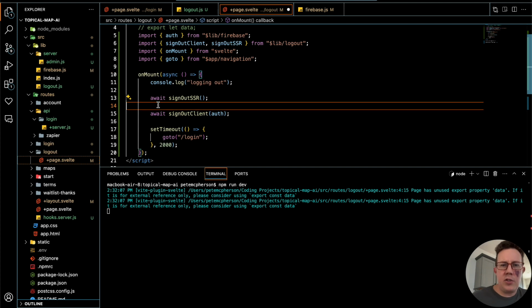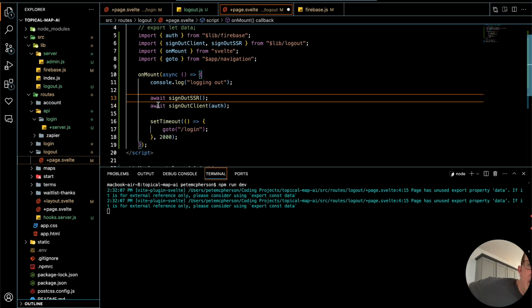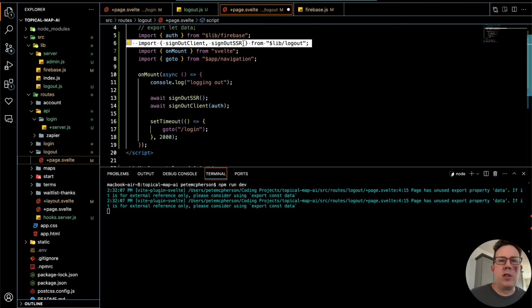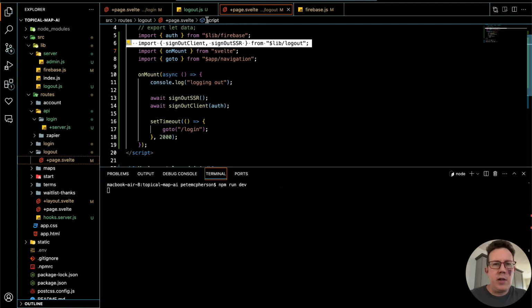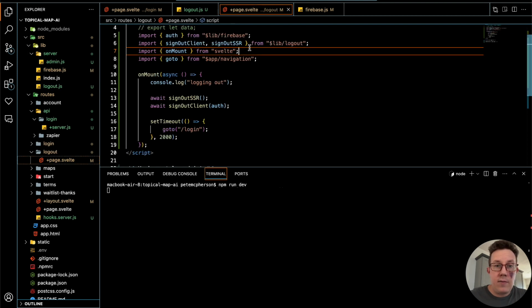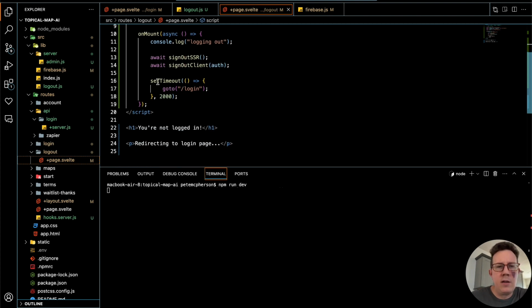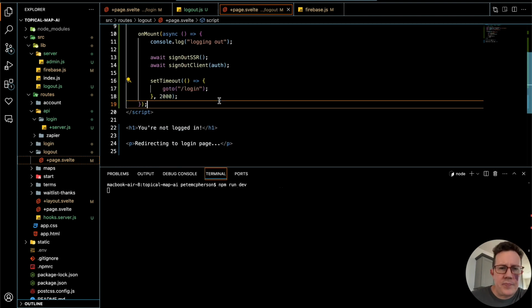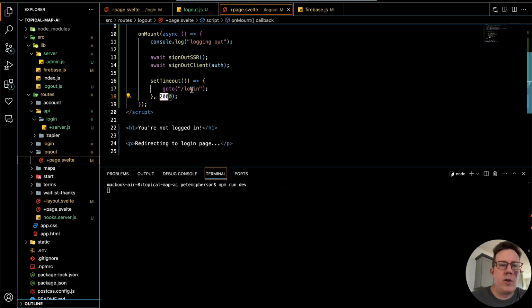And then we're going to call these two things, sign out SSR and then sign out client. We're importing those from that component that we just created, Logout.js. We're importing the functions from that file, and then we're just calling them right there. And then, again, this is optional, but we are waiting 2 seconds, and then we're going to the